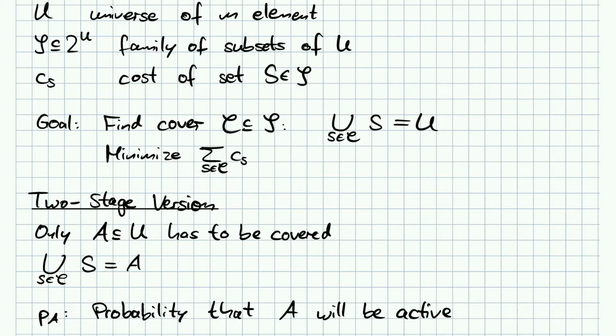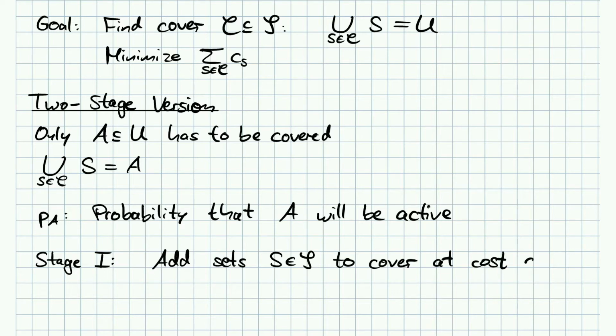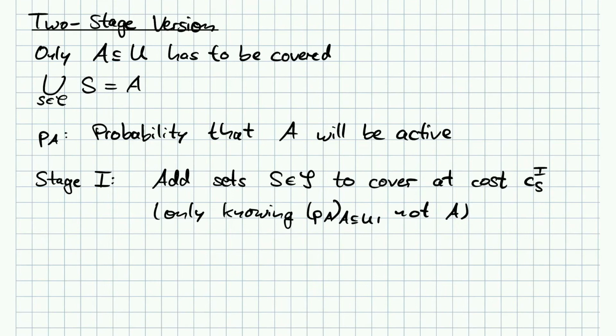And now we'll have two costs for each set. We'll have the first stage, where we can add sets to the cover at cost C1. But we only know these P(A), not A. And then A is revealed,